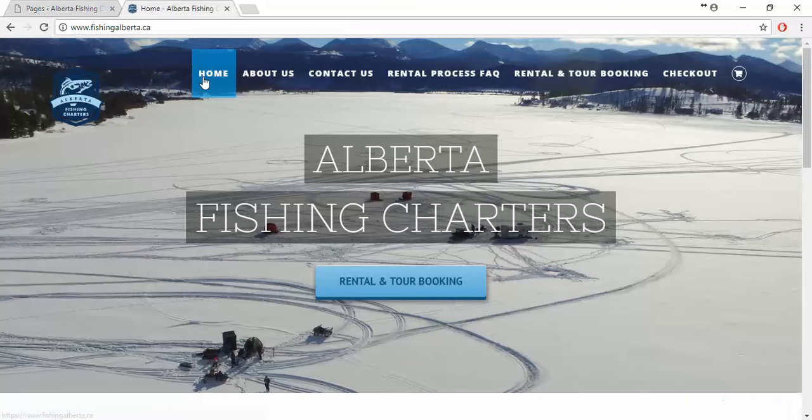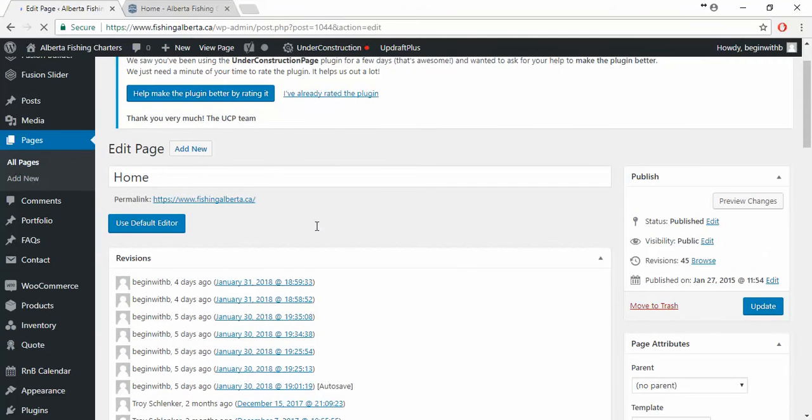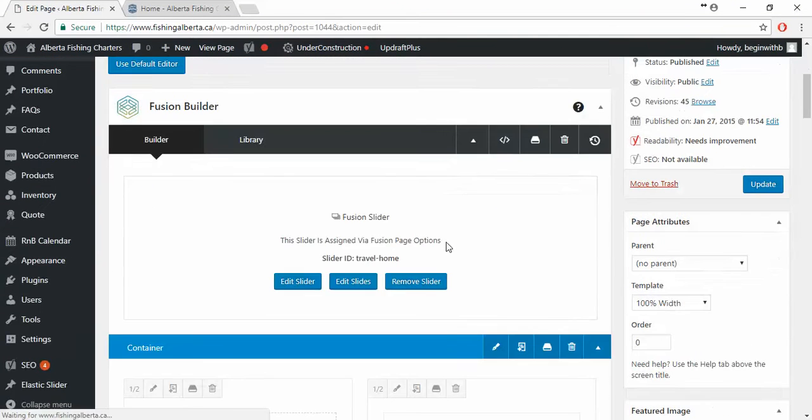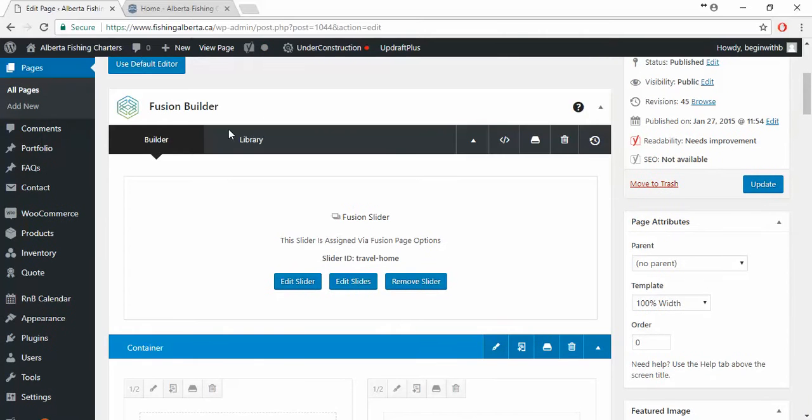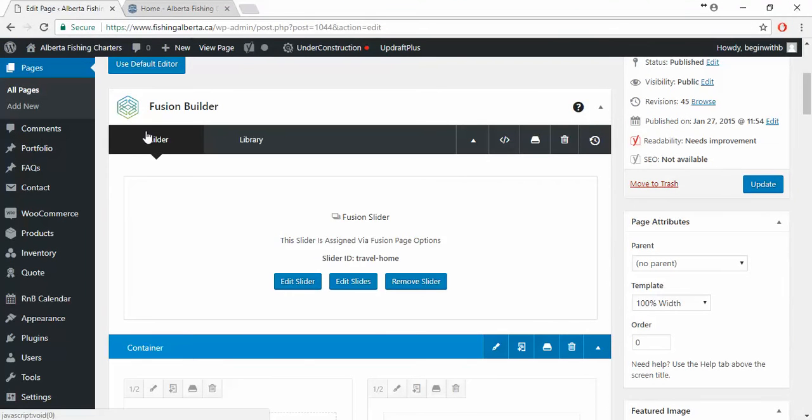So right now we are trying to edit the home page, the main image on the home page. So let's go to the home page, which is also a front page. Click on edit. Once you click on edit, just wait for a second for it to load, and here we go. The main image on your web page is known as a slide. So to change the image, just click on edit slides,